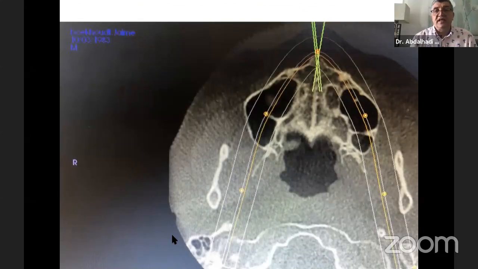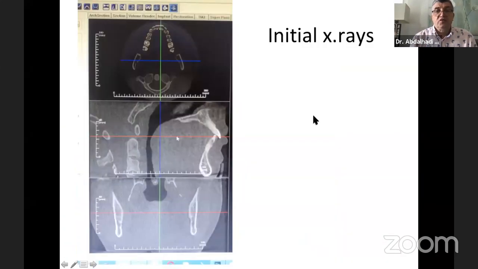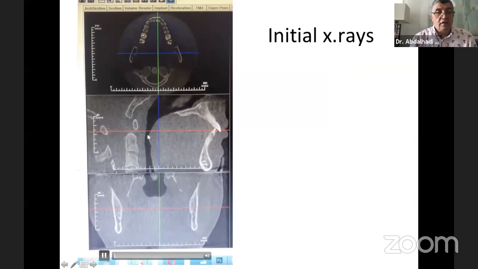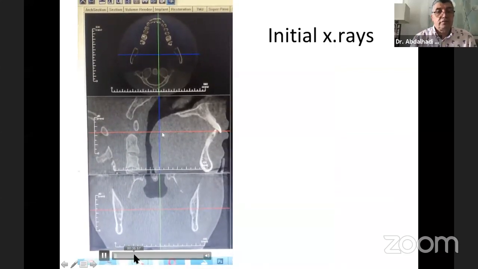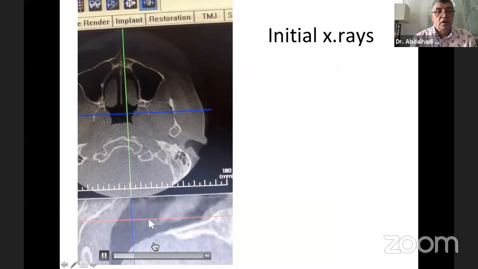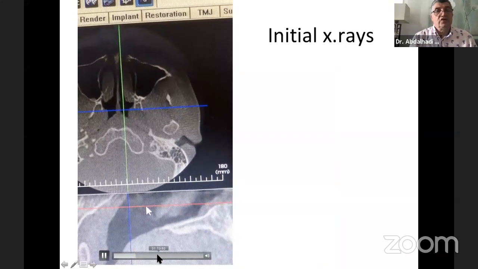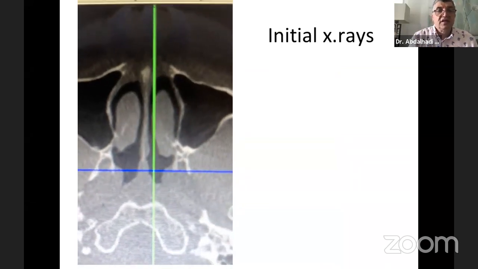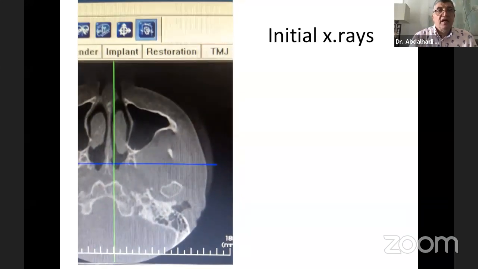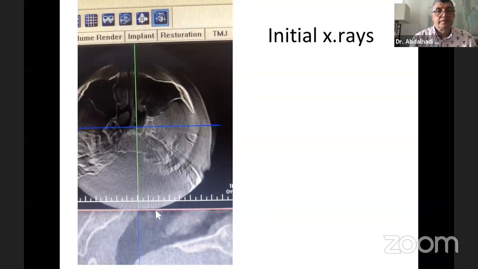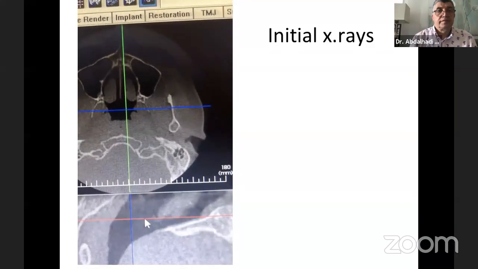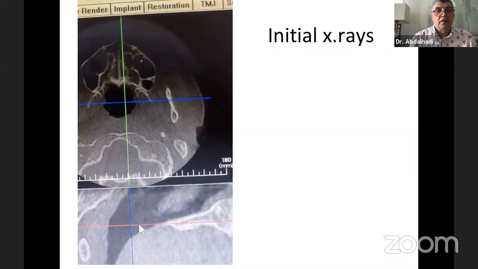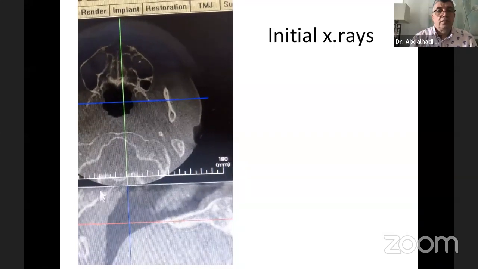So this is his X-ray, and I show you before the suture was closed, and right after 5 minutes, you will see the suture start to open. So this is the initial X-ray. And you see that this is all the turbinate. You see the turbinates are well developed, and you see the mid palate is really closed. Going up. Then we go back down. You see again the turbinate. You see the tortuous suture here in the middle, very wide.